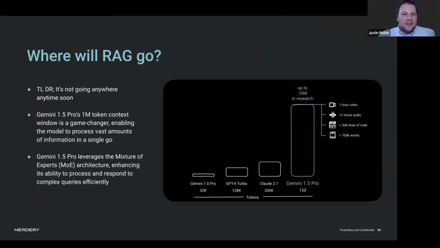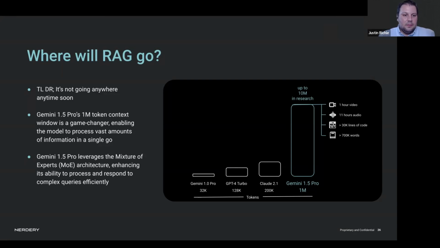So really, where's RAG going to go? Where RAG is heading right now is that, TLDR, it's not going anywhere anytime soon, especially as you start thinking about where user access is going, how we retrieve our information, and how we overlay that from a user perspective. Being able to overlap that with your own data as well as an LLM, RAG is really the best tool for that. I really don't recommend using fine tuning unless you have a large AI team already that's able to provide that